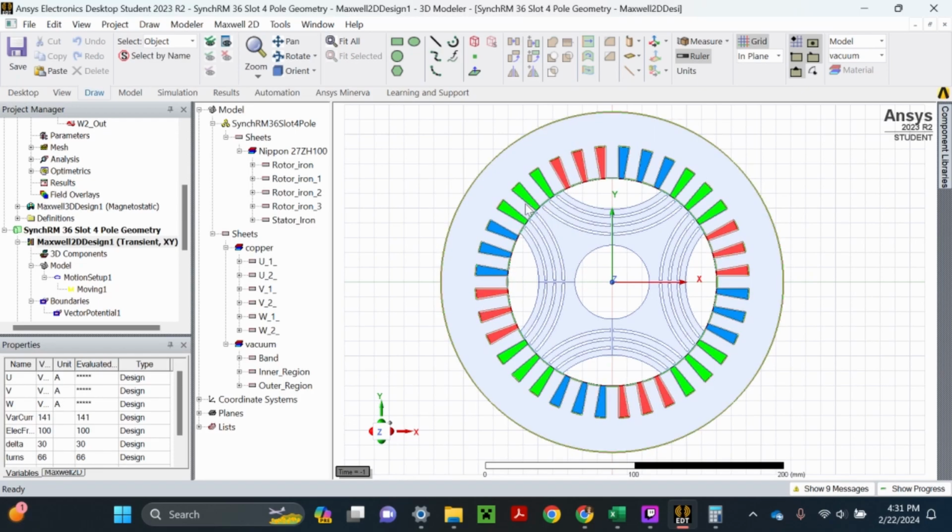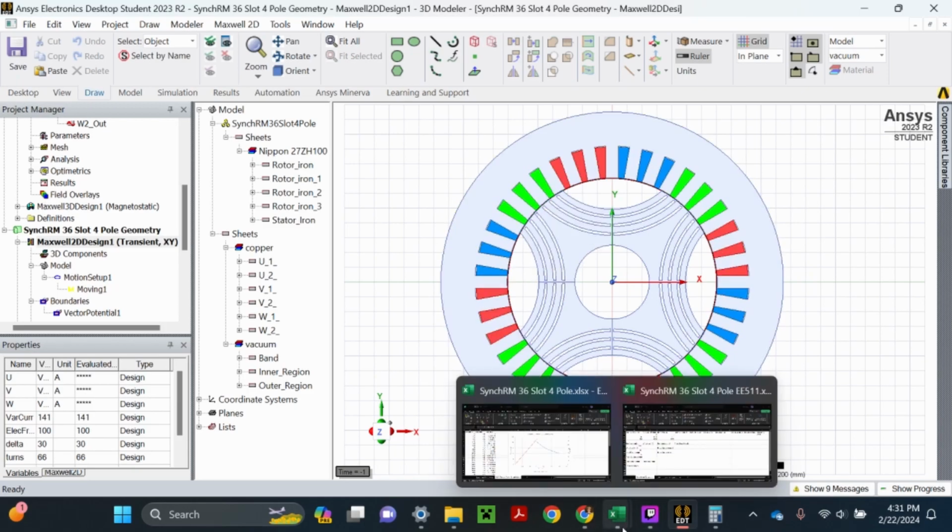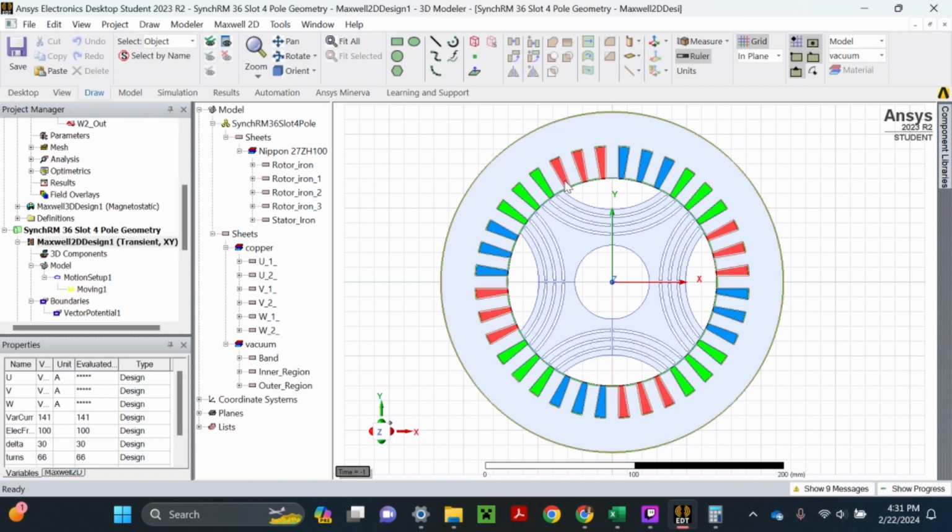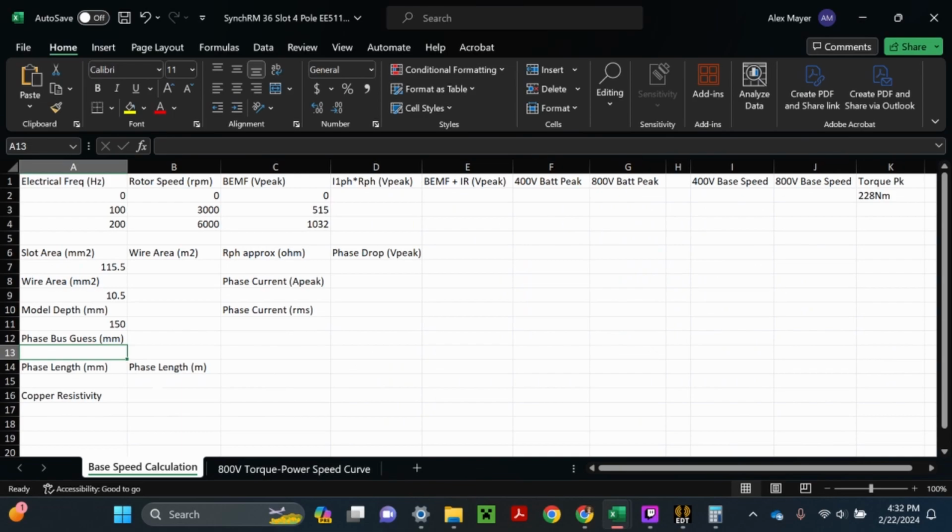The distance between here to here is like 100 millimeters, so it's just an estimation. Maybe to be on the safe side, I'll say it's like 120 millimeters of wire that is going around this edge, not actually contributing to the slots. So I'll say 120 millimeters. So then the total length of one phase would be equal to